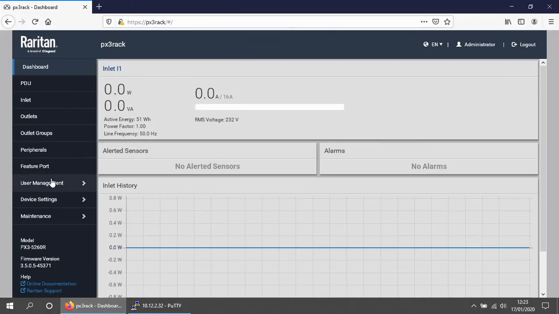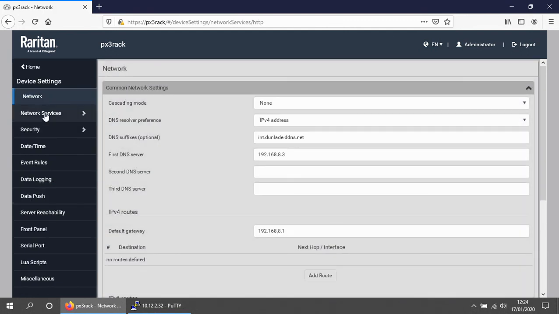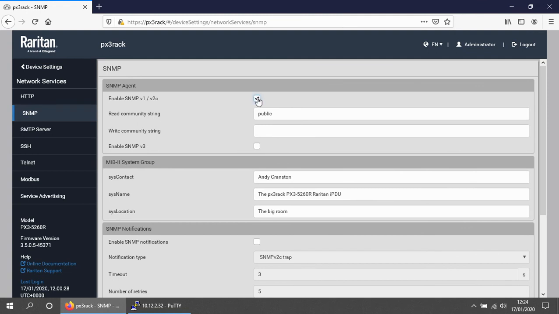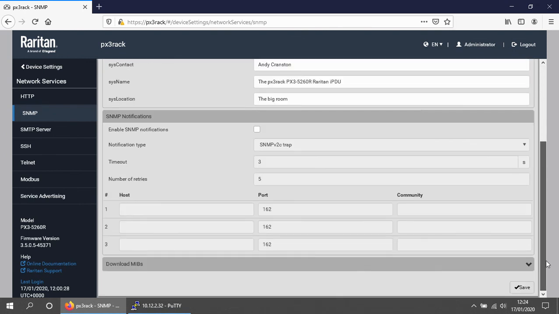Setting the SNMP passwords through the web interface is quite straightforward. First thing we need to do is go onto the device settings, network services, SNMP. I'm going to disable versions 1 and 2C of SNMP and enable just version 3 because it's more secure. The next step,